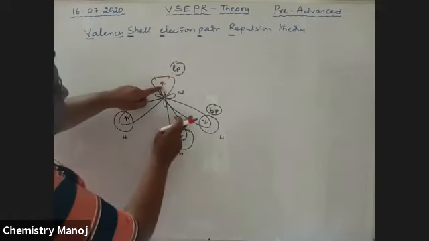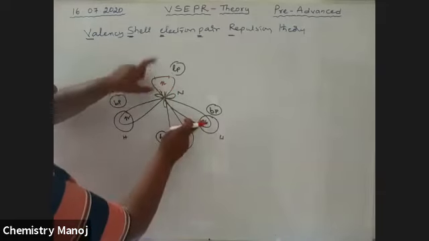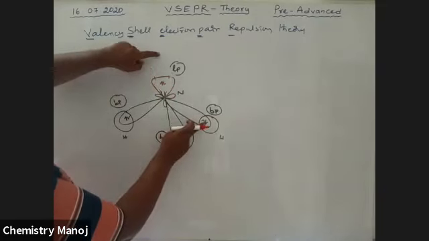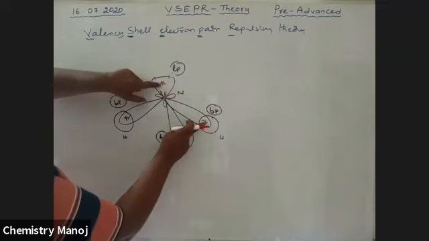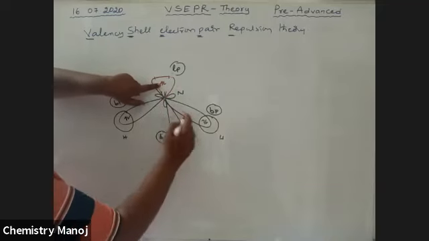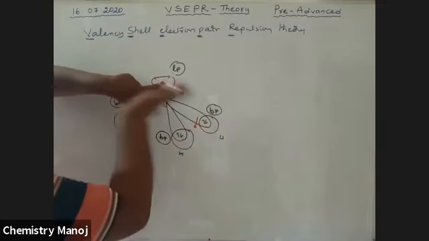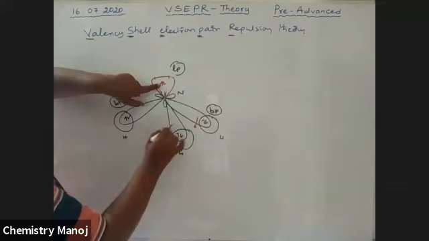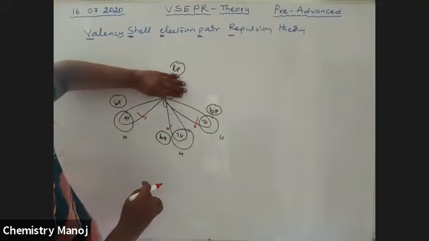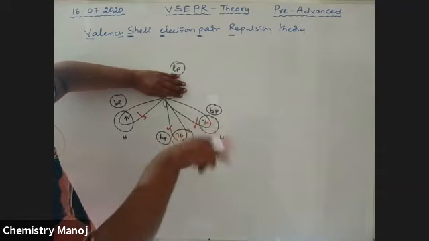Now, between this lone pair and this bond pair, there is a smaller distance compared to the previous situation, where the distance was long. The less the distance, the more the repulsion between the electron pairs. That's why this bond pair is pushed like that. This one is also pushed in. This is also pushed. So this gives a pyramidal shape.